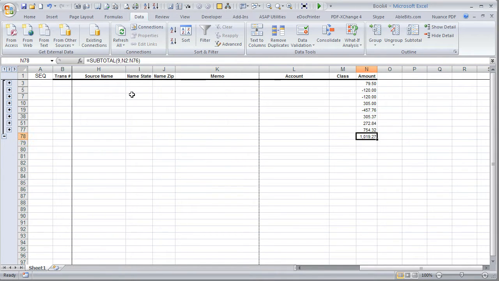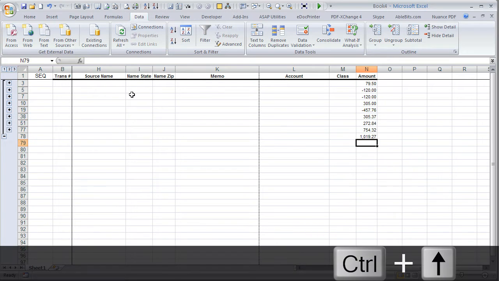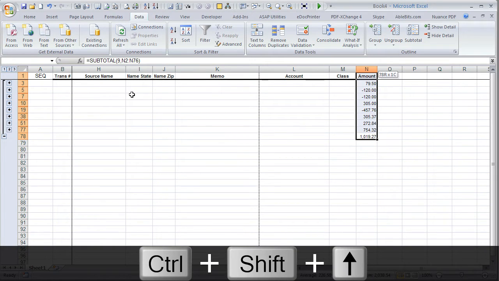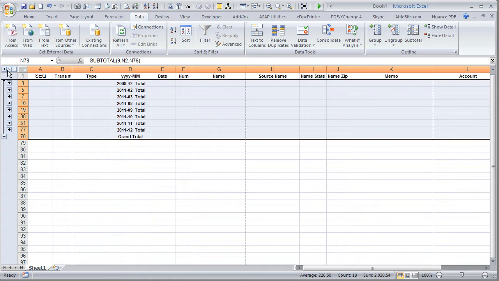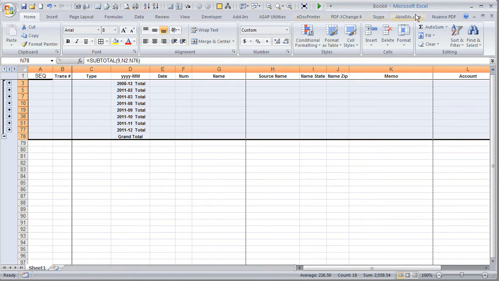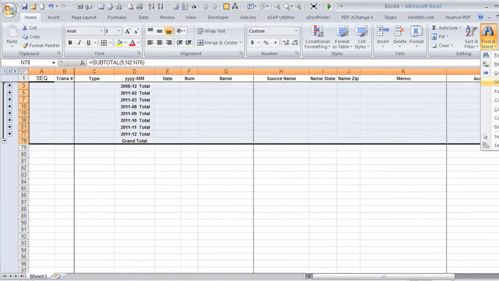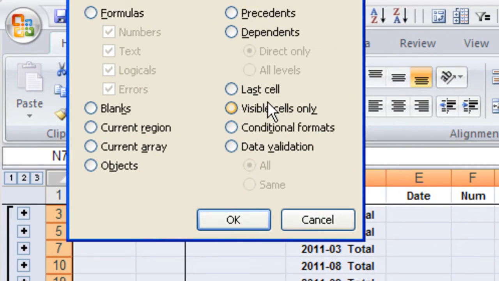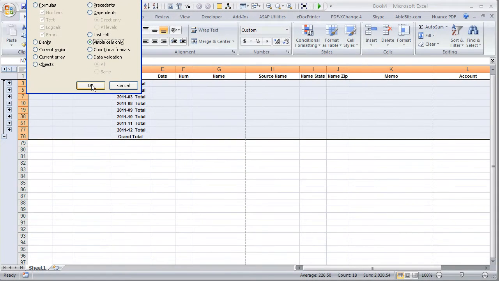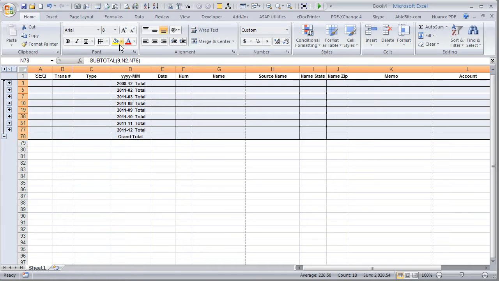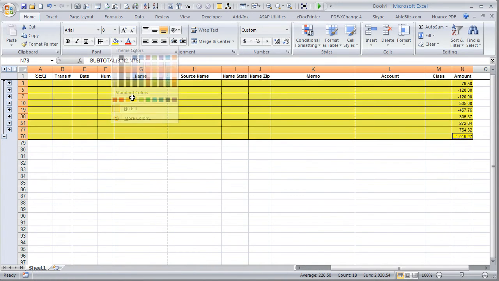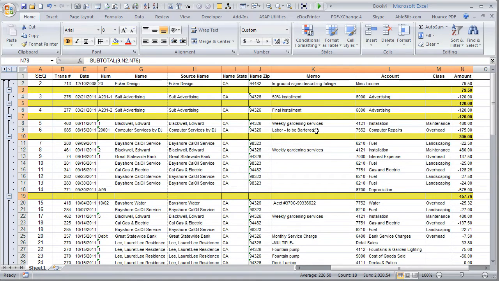Let's now, okay, Control Shift up arrow, then I hold the Shift key down, and then down arrow 1. And I'm going to show you how to do this manually. I have a macro that does this, but find select, go to special, and we're going to go to just the visible cells. Then I'm going to put boxes around it, and I'm going to color it yellow, and I'm going to boldface it. Okay, now let's uncollapse it,